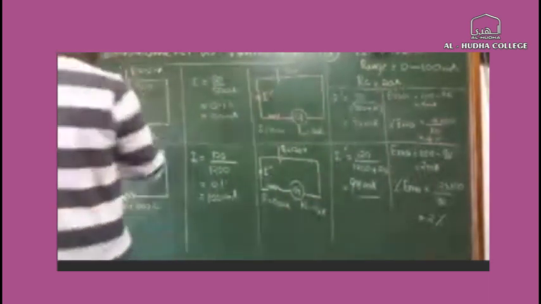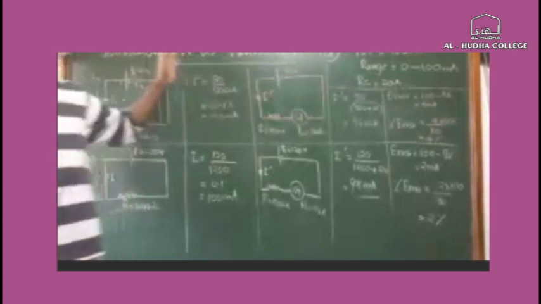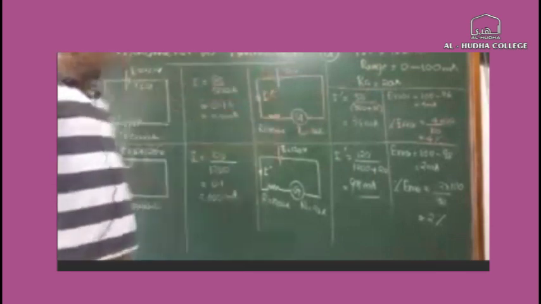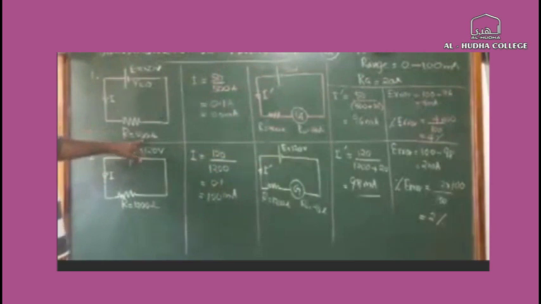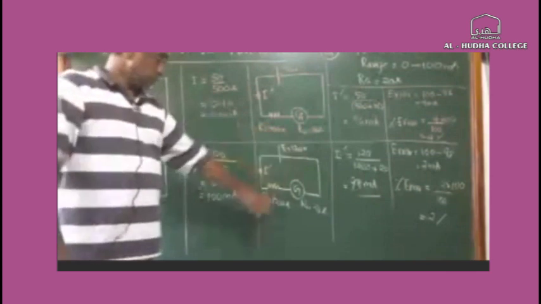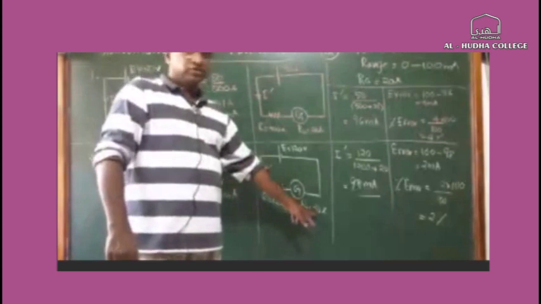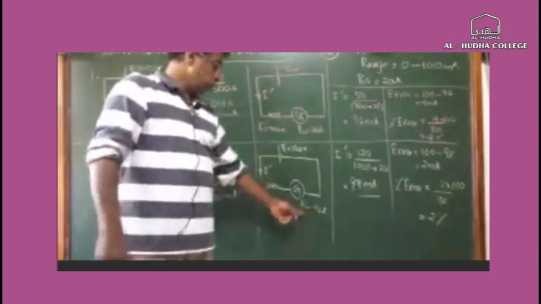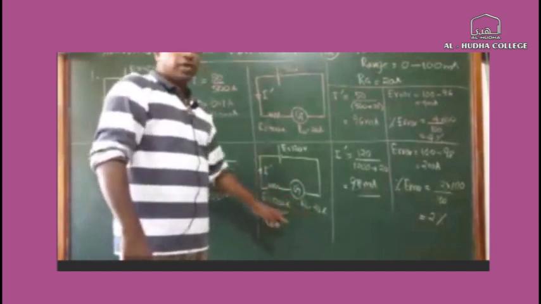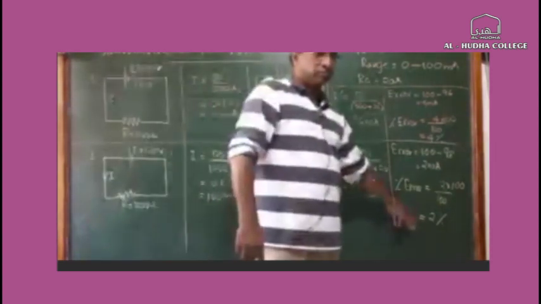Yes. Now here in this case, in the previous case, the load resistance was 40 ohm, right? Galvanometer resistance was 20 ohm. In the first case here, the load resistance is 500 ohm, galvanometer resistance is 20 ohm. The second case, load resistance is 1200, galvanometer resistance is 20. So compared to the internal resistance of the galvanometer, when the load resistance increases, the error percentage drops, right?